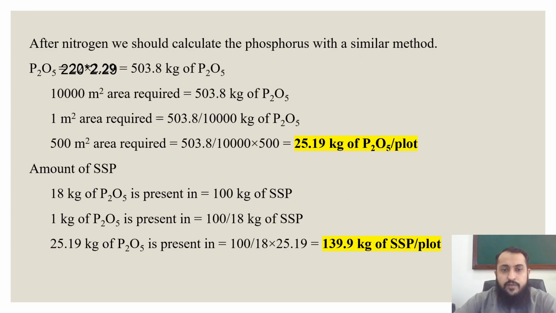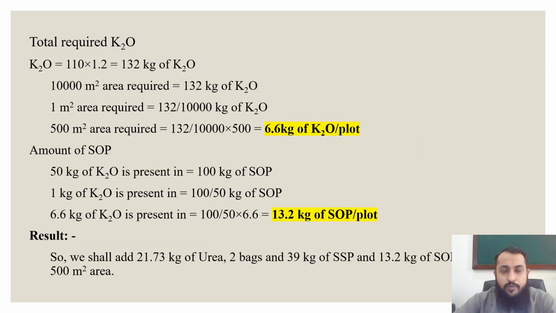After nitrogen, we should calculate the phosphorus with the similar method. 25.19 kilogram of P2O5 is required for our plot, and 139.9 kilogram of single superphosphate should be applied to fulfill this dose of P2O5. At the end, total required K2O should be calculated in this way. 6.6 kilogram of K2O is required for our plot area, and by following this dose, we should calculate as follows: